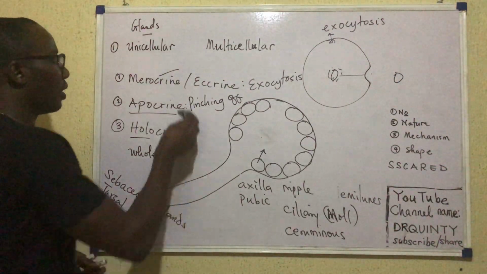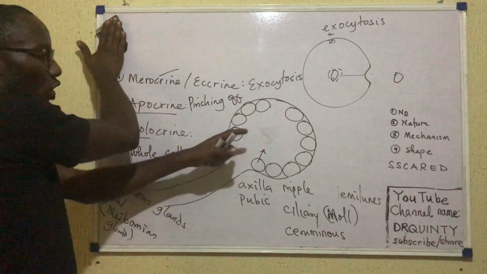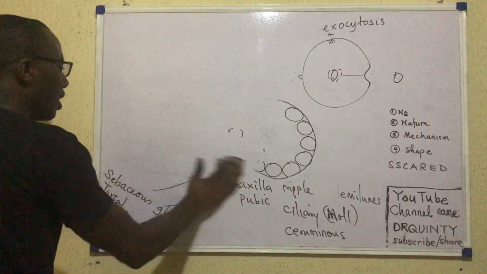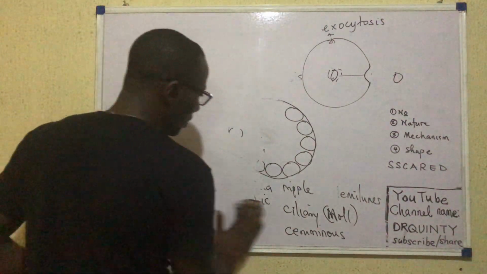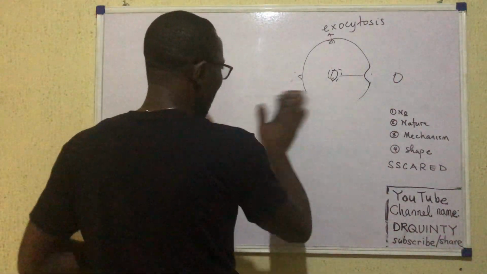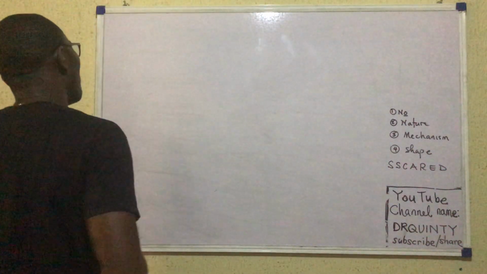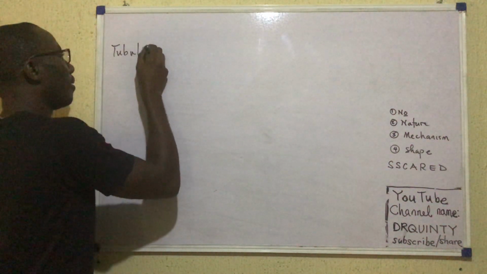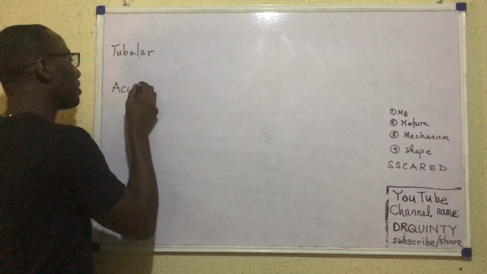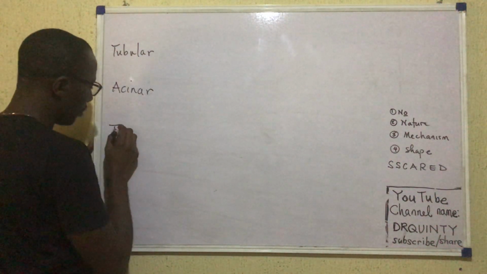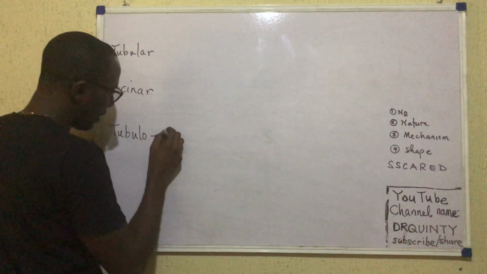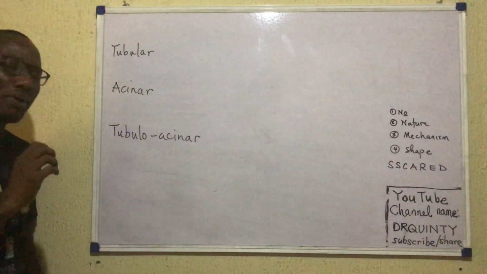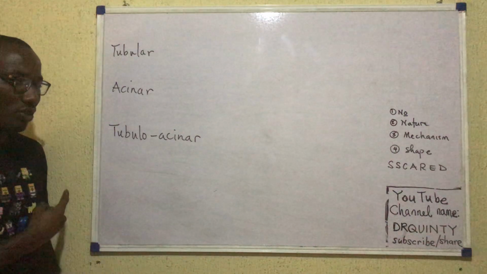Let's move on to the last one. In terms of the shape of this secretory unit, not the duct system now, the secretory unit. So in terms of the shape of the secretory unit, of course, we have different types of glands. I'll talk about them here. We can refer to the glands as tubular or acinar or tubuloacinar. So these are the three types of glands on the basis of the shape,